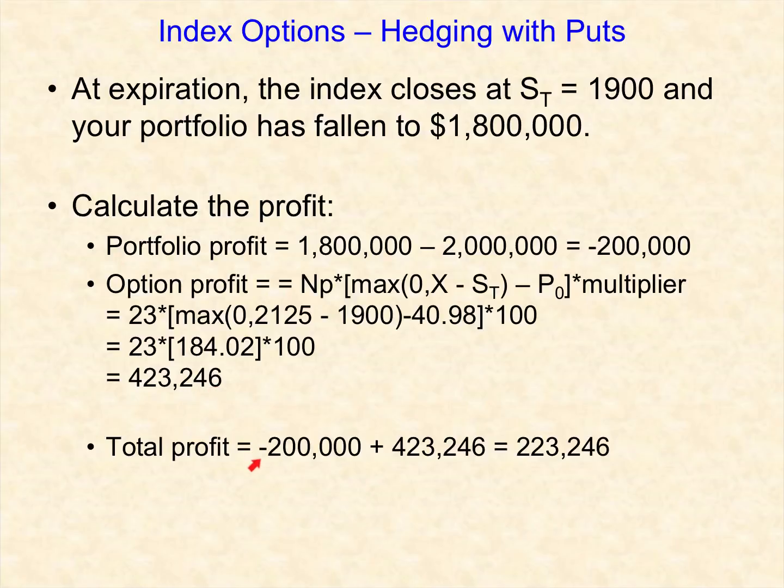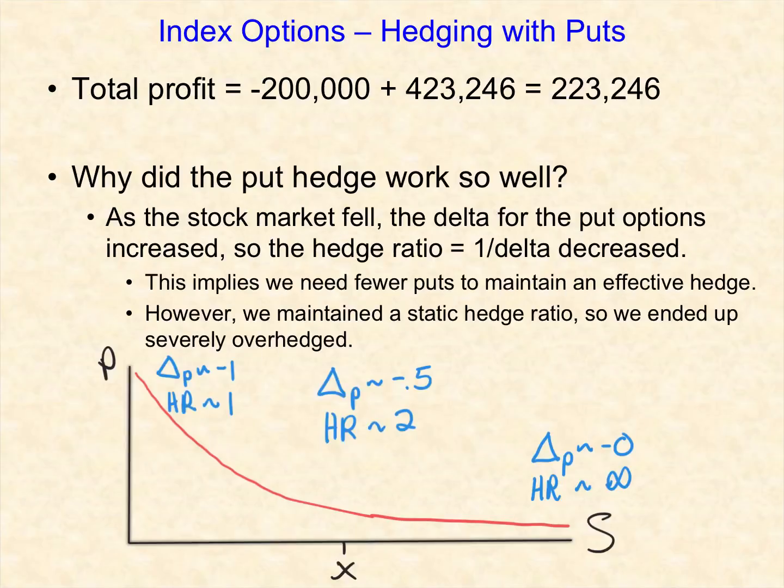$423,246. So to get our total profit, we'll take the loss on our stocks, $200,000. We'll add the profit on our put options, $423,246. And that gives us a total profit of $223,246. Notice that we have a positive profit when we use put options to hedge. When we use call options, we had a negative profit. So again, the profit on our hedge was the loss on our stock portfolio plus the gain on the index options, which gives us a net profit of positive